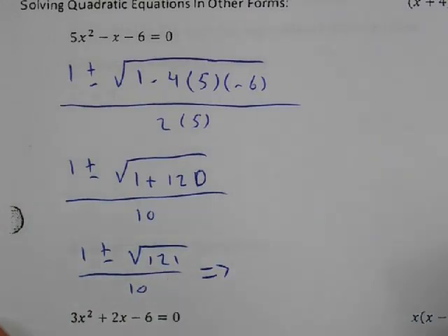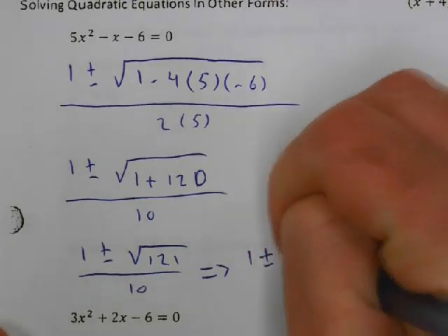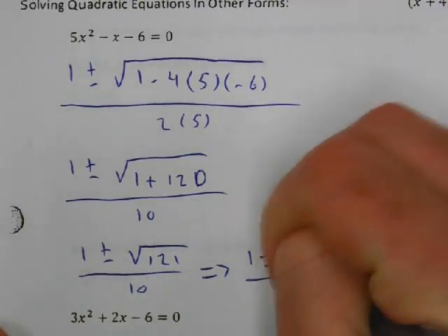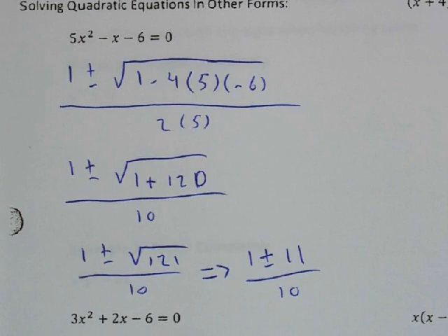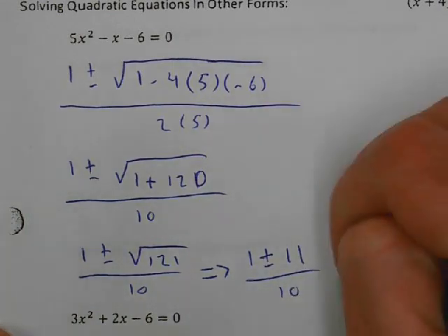The square root of 121 is 11, so we get 1 plus or minus 11 over 10. Okay? And then last thing we want to do is what are our actual answers. So 1 plus 11 is 12 divided by 10. I get 12 over 10, which reduces to,